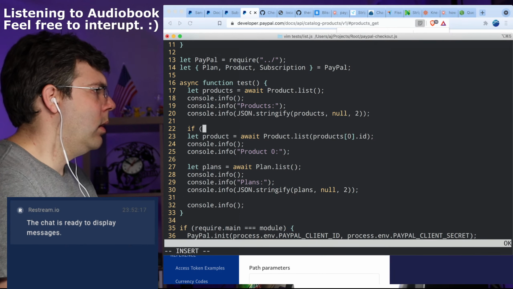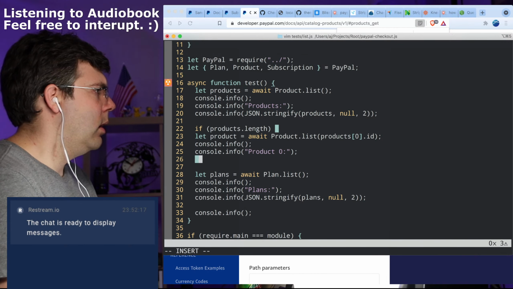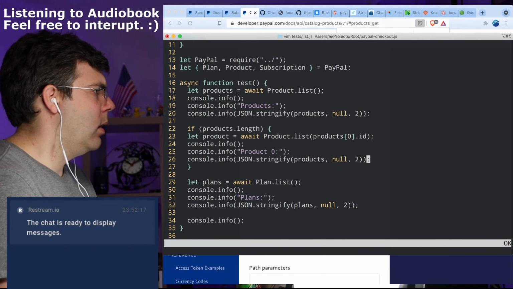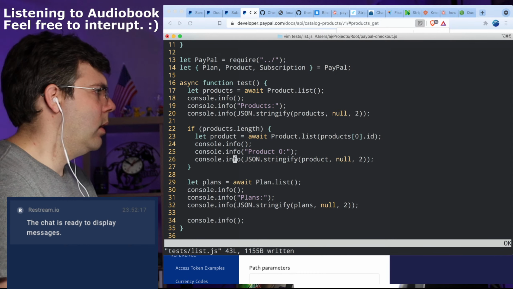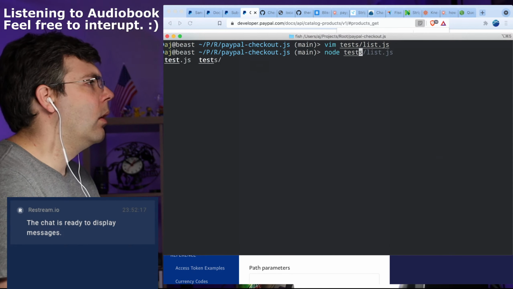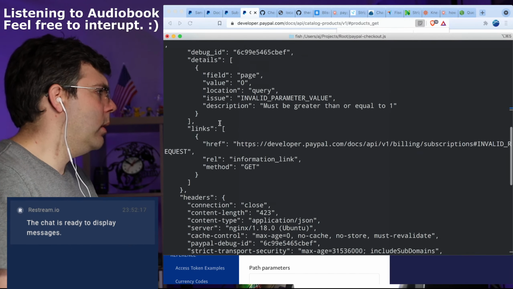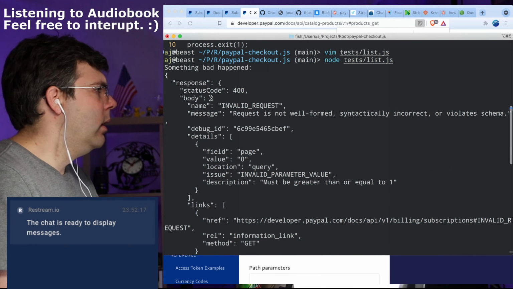So if products.length That should do it. Okay, so let's see what it pops out with here anyway.